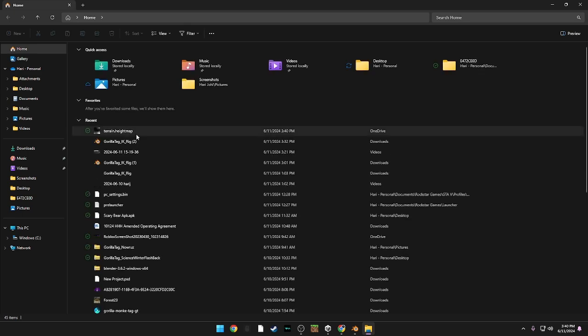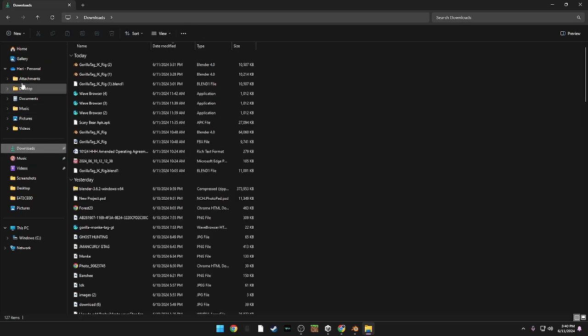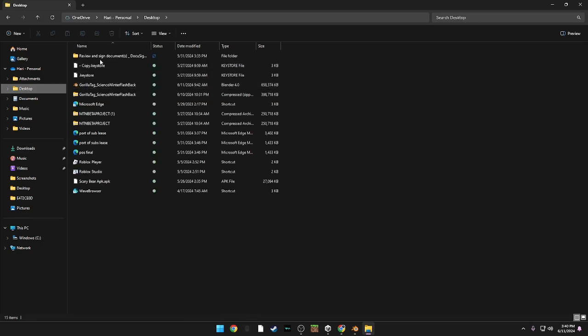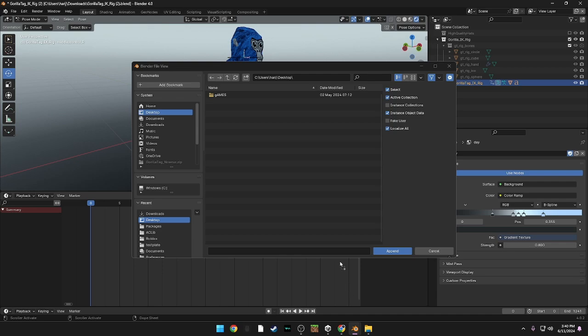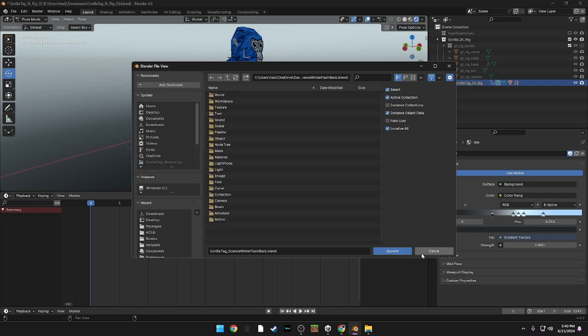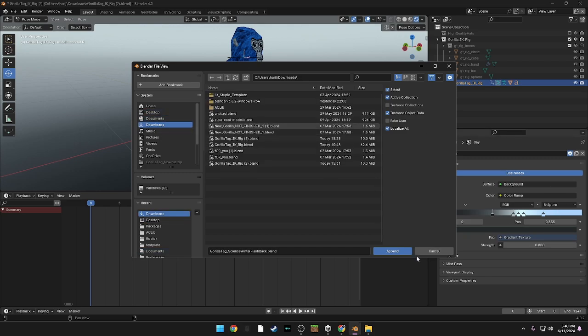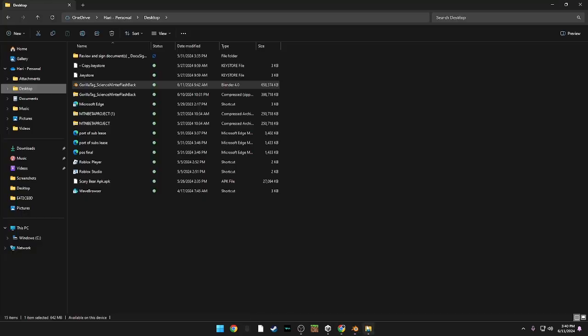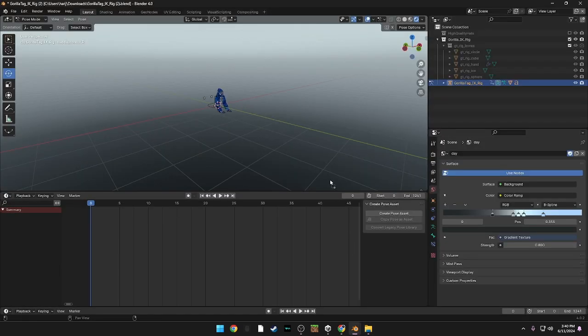Once you get a map though, I'll show you how to import it. So you can bring this from here to over here, and then put it right here in your desktop. You want to press this, append. Okay. So then you want to go to desktop, or wait, no, wrong thing. So you want to go back here, take this into Blender, and then just let it go right there, and press open,